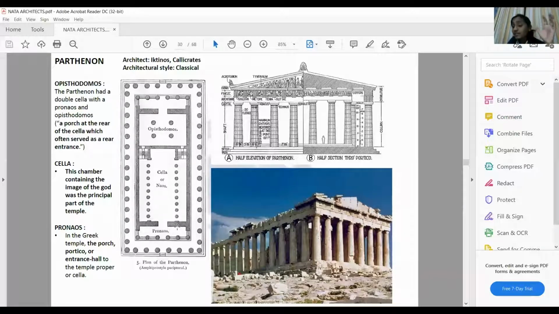So this again varies. In your Egyptians, it was referred to as your pylons, etc., right? And then it had an internal porch. Over here, it is completely different. Mainly they had this entryway, which was referred to as the pronaos. Then, where the actual image of the idol is kept is referred to as your cella. And then you have this rear end porch, which was referred to as the opisthodomus.